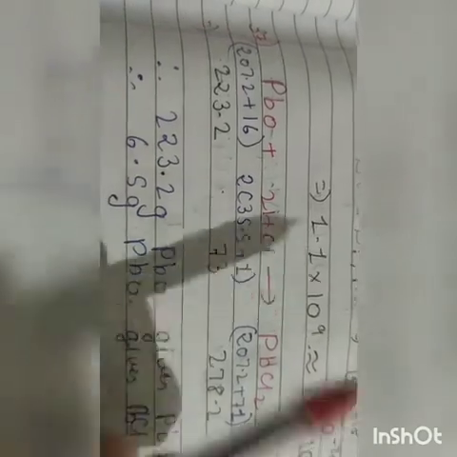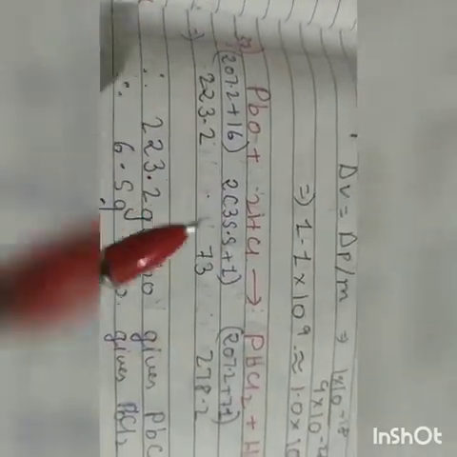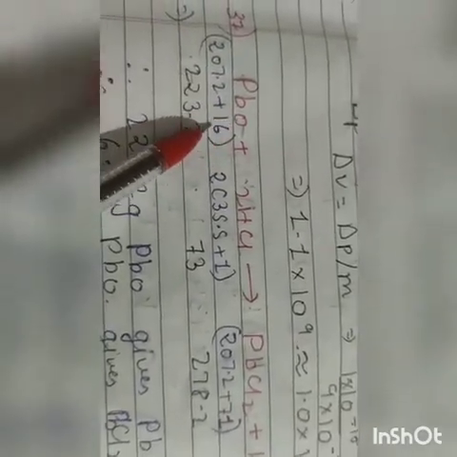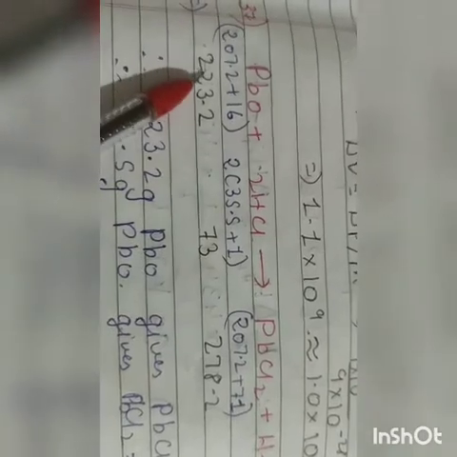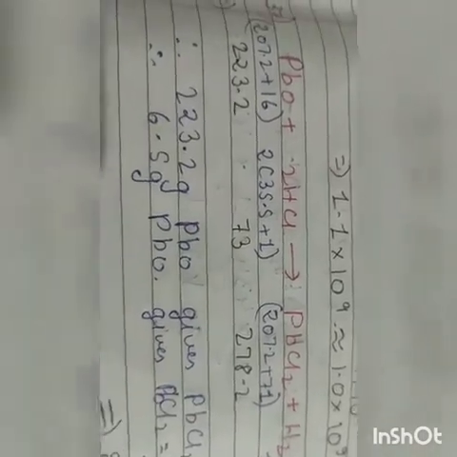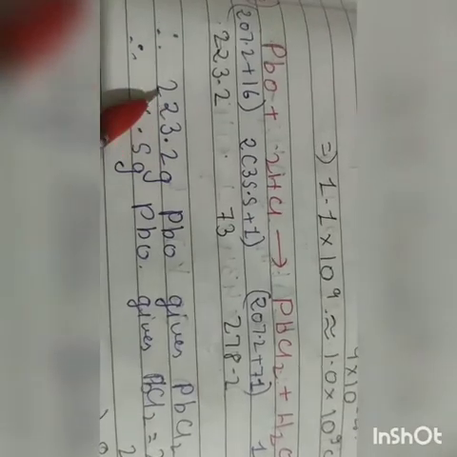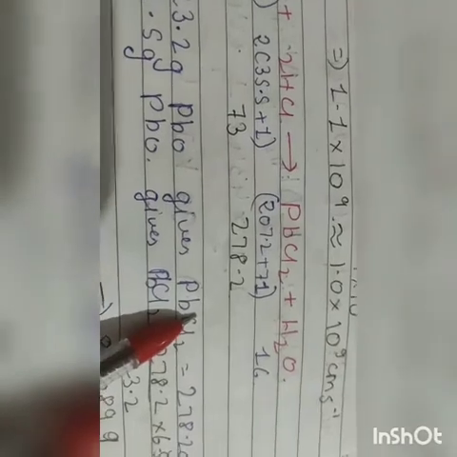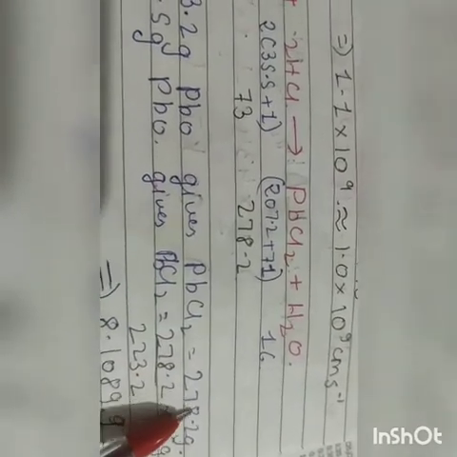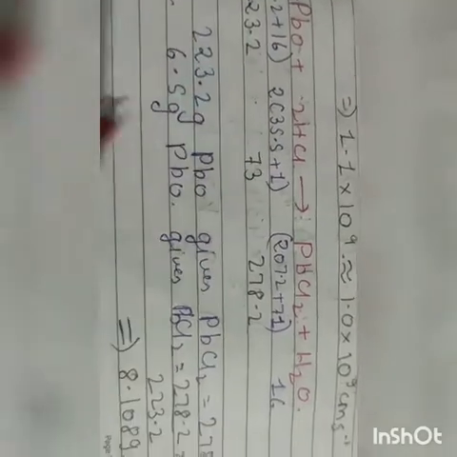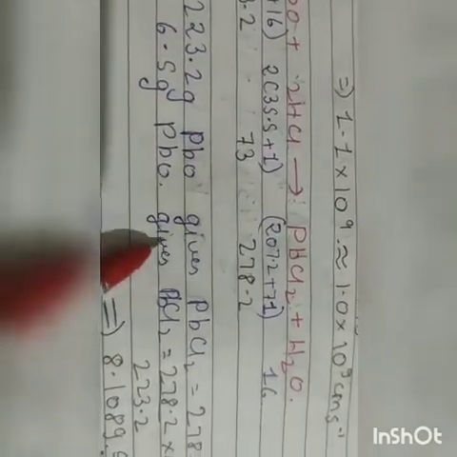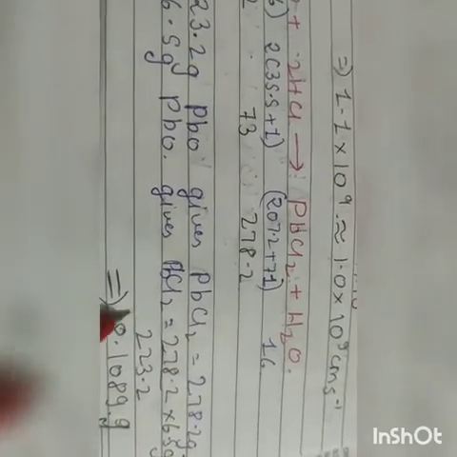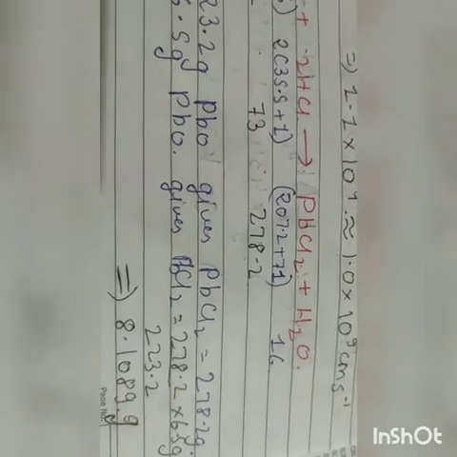So here is the given reaction. We will just calculate its weight. So here is the value of P and Pb and the value of O. So we will just find all atomic weights. So now, 223.2 gram of lead oxide gives PbCl2, that is 278.2 gram. Now 6.5 gram of Pb oxide gives PbCl2, that is 278.2 into 6.5 gram by 223.2. That comes out to be